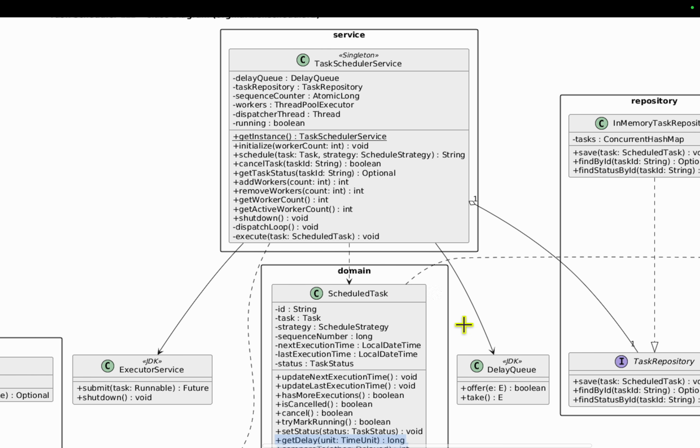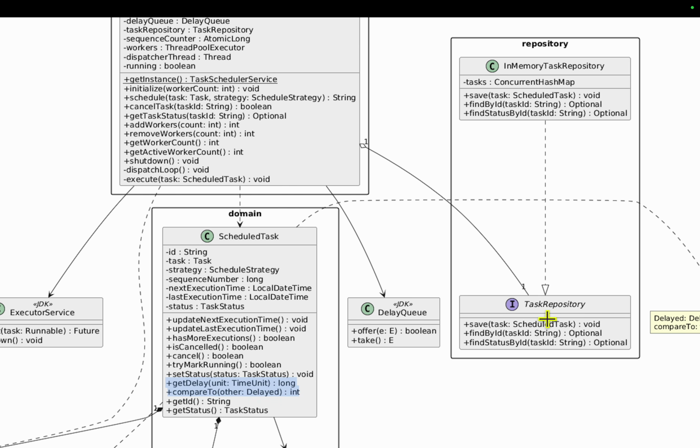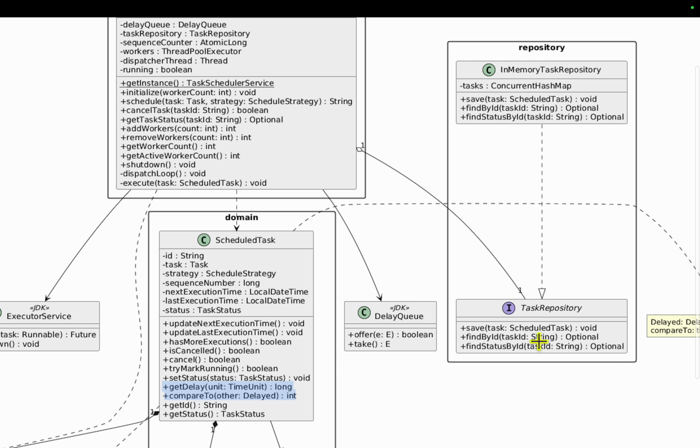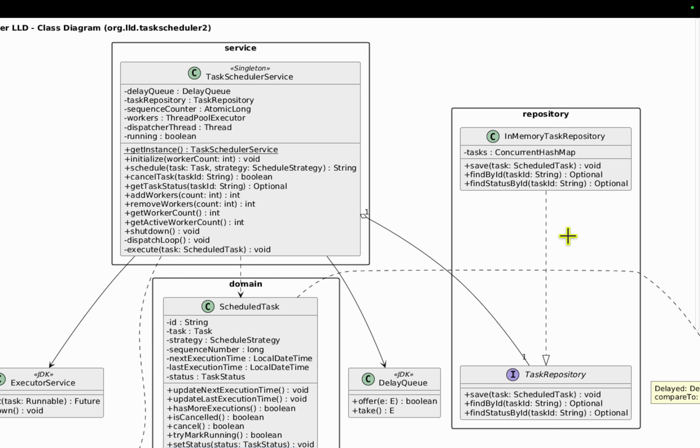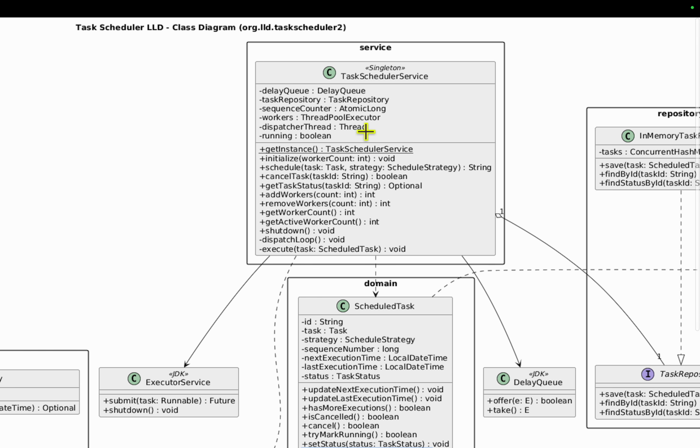Okay. Then we have the repository, task repository, where we can save any task that is getting created inside our task scheduler system, and we can find any task with the given ID. So the in-memory task repository class, we have also implemented that interface, and then this is our main facade class,